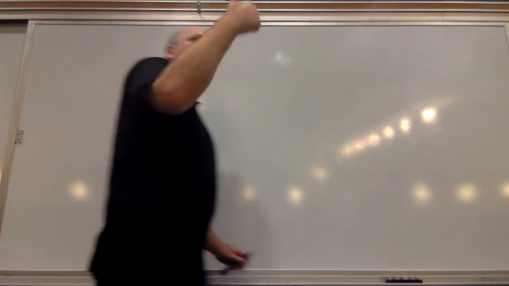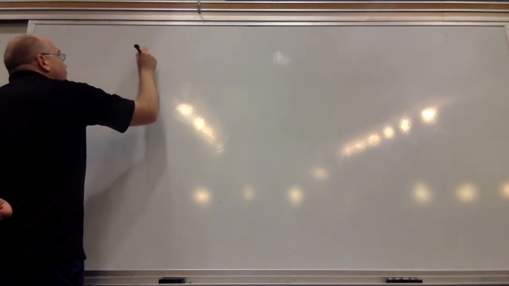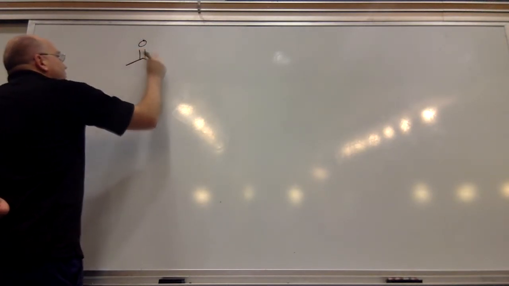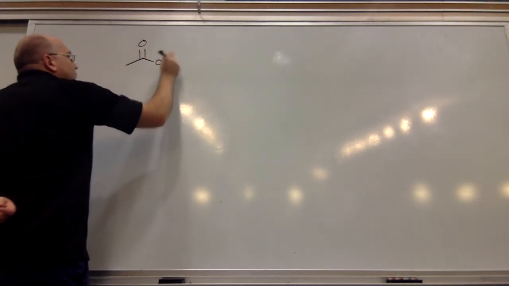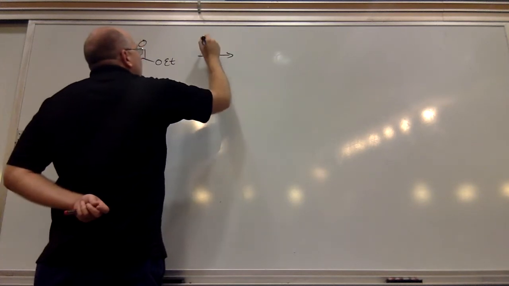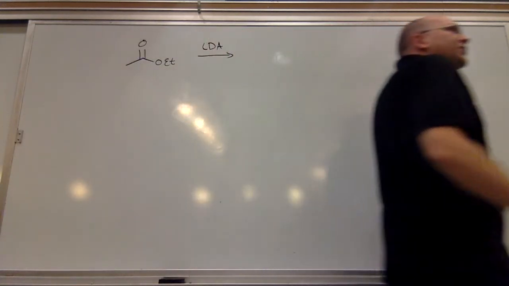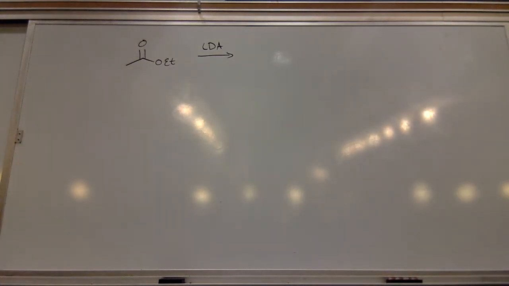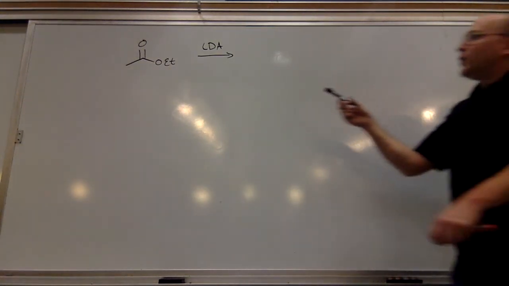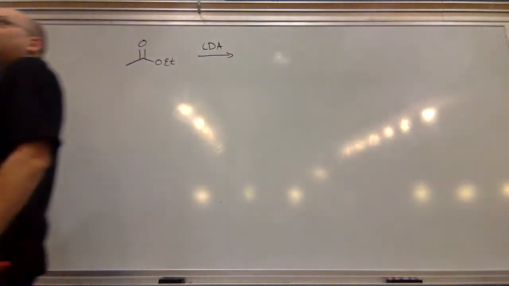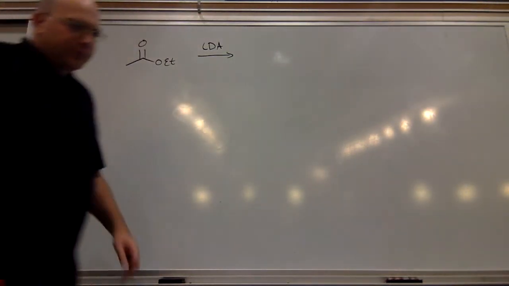All right, so we talked about them reacting with carbonyls. We talked about them reacting with ketones, aldehydes. We talked about them reacting with alpha beta unsaturated esters. Okay, so if you take a molecule such as the one that I'm showing you here, and you try to react two of these molecules together,